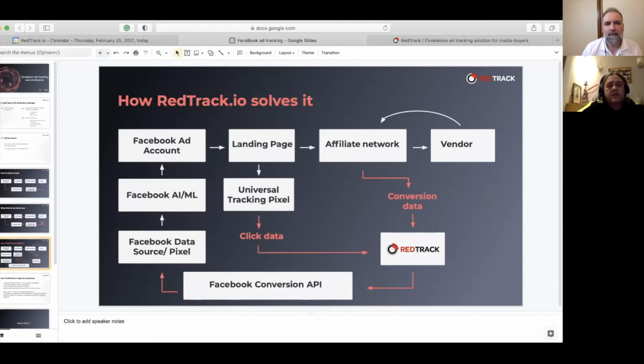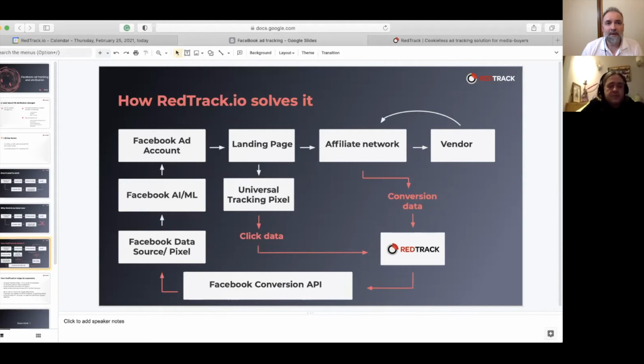Okay. I think we have a mix of all approaches from the people I know from the group, and they just need to decide what they want to do. But I think all of us are accustomed to the silo approach, and probably that is the easiest way to test how RedTrack helps optimize their campaigns.